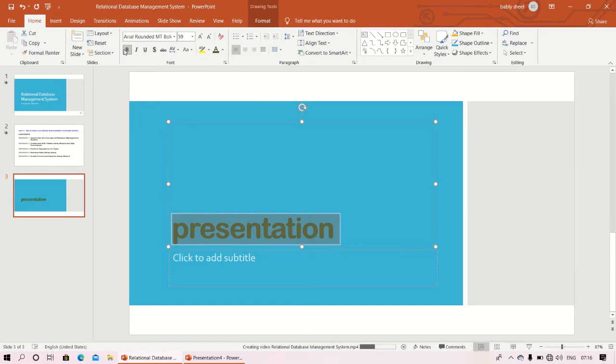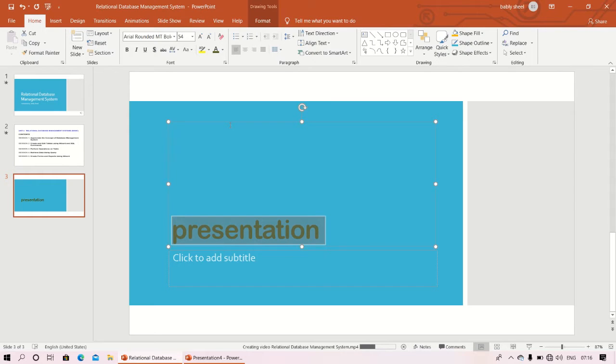You can even bold your text, or if you want to unbold, just uncheck it. If you want to make it italic or unitalic, or underline it, by this you can edit your text. You can also increase the size, or decrease your size as well. So these are all the features available for editing your text in your presentations.